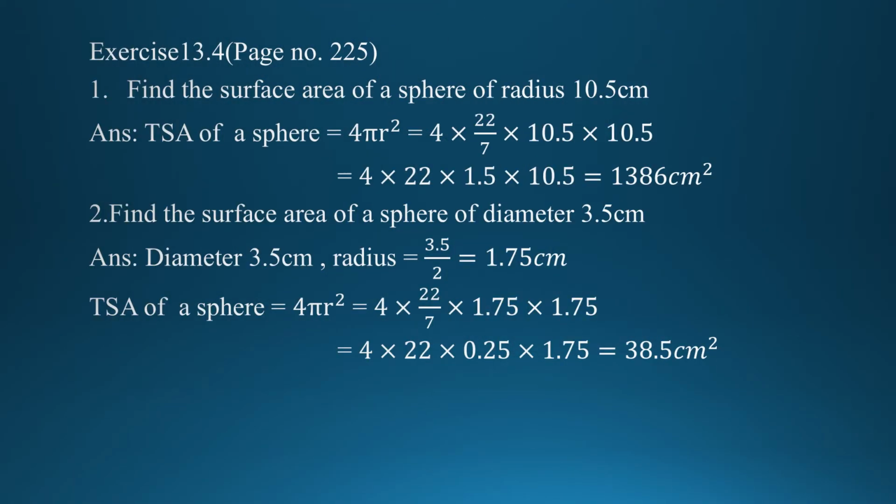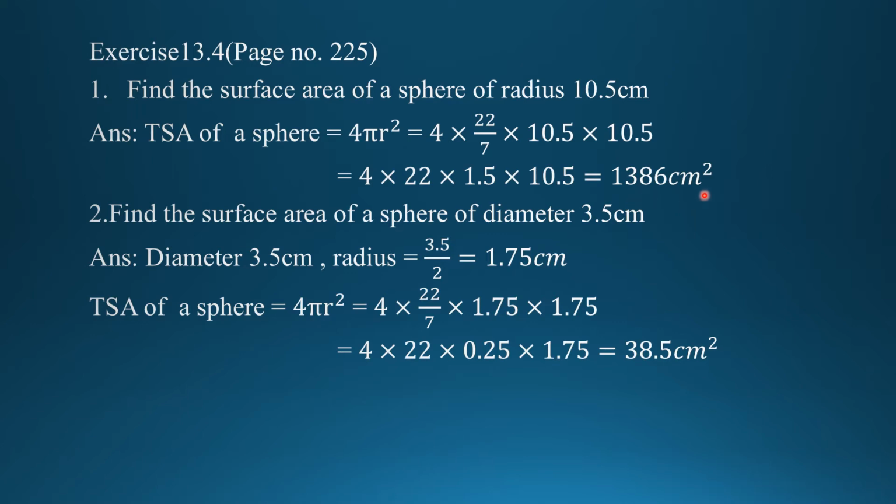Based on the total surface area and curved surface area of a sphere and hemisphere, let us start exercise 13.4 in page number 225. Question number 1. Find the surface area of a sphere of radius 10.5 cm. We know surface area means total surface area, which is equal to 4 pi r square. Substituting the value for pi and radius, that is 4 into 22 by 7 into 10.5 square, we can see the answer as